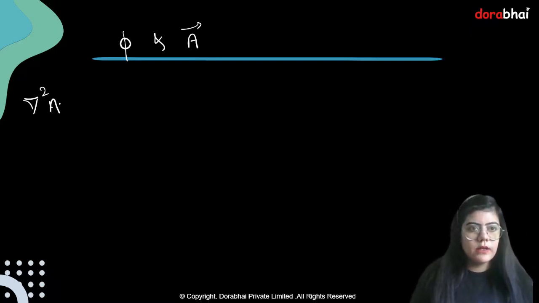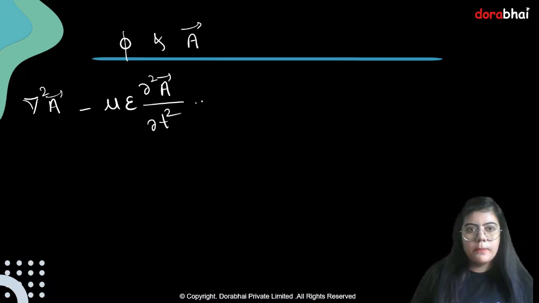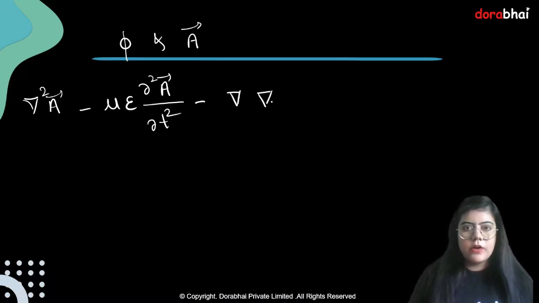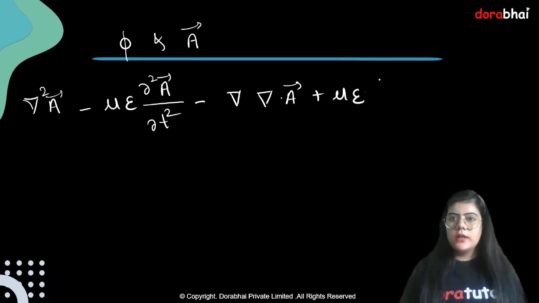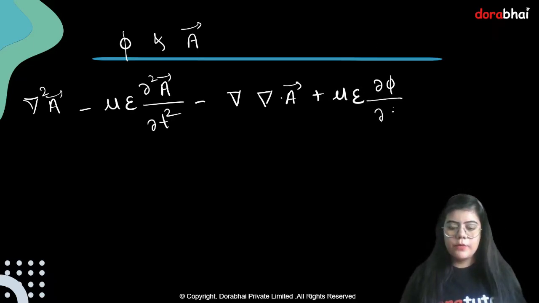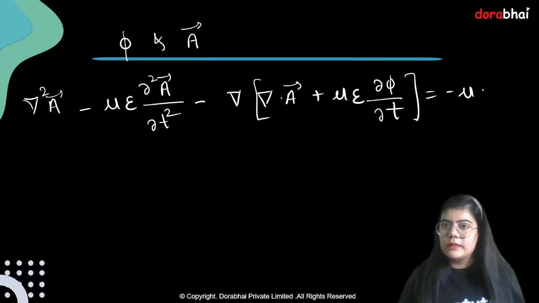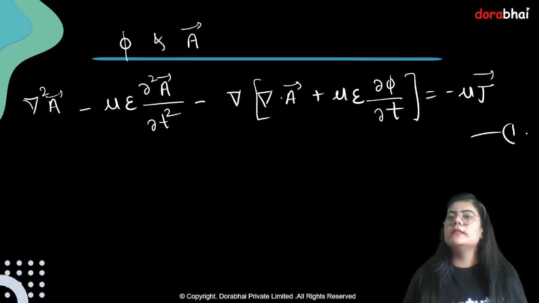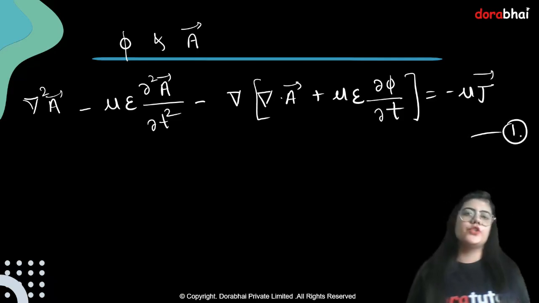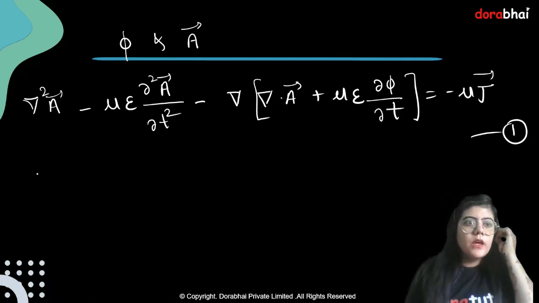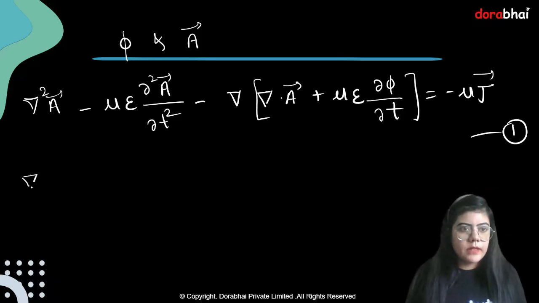∇²A bar − με₀ ∂²A bar/∂t² − ∇(∇·A bar + με₀ ∂φ/∂t) = −μ j bar. I think this is one of the equations which we have studied. Okay, now the next equation is